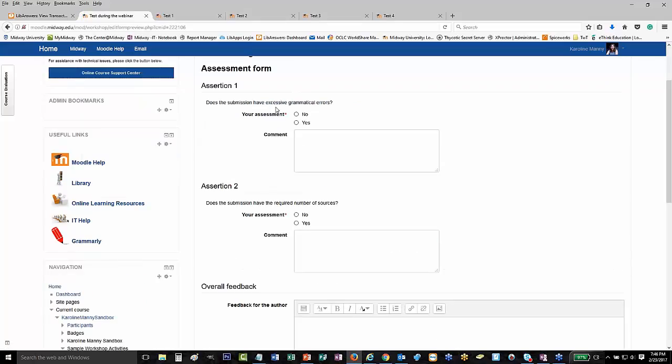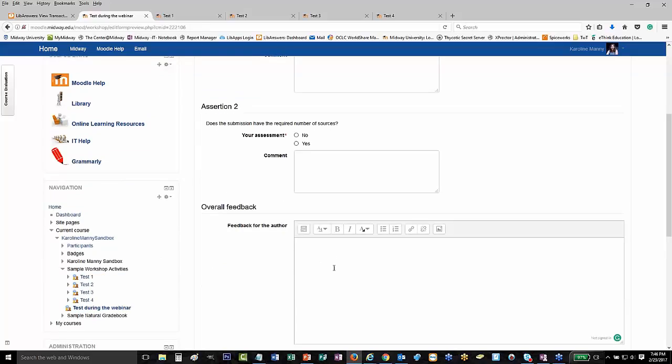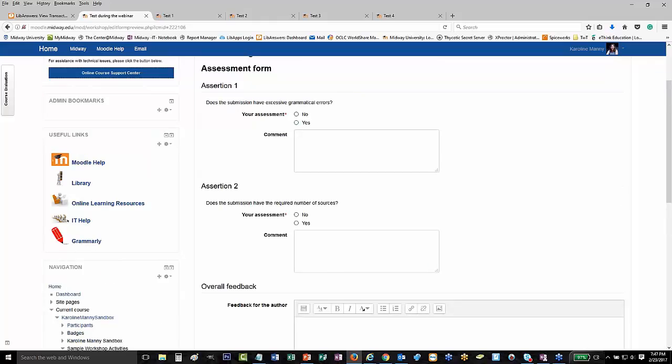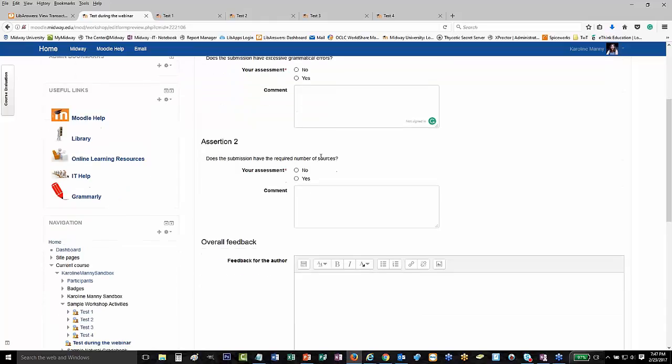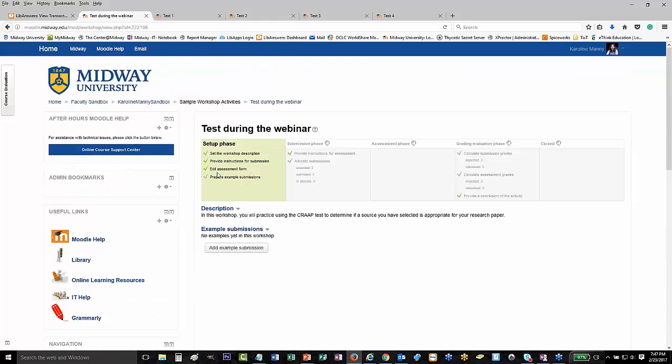Does the submission have excessive grammatical errors? Check yes or check no and make a comment. And then the next question and the overall feedback. So once the students read what their peer has submitted, then they can go to this assessment form and kind of grade their peer. Okay, so once I have edited the assessment form in the setup phase, you see now